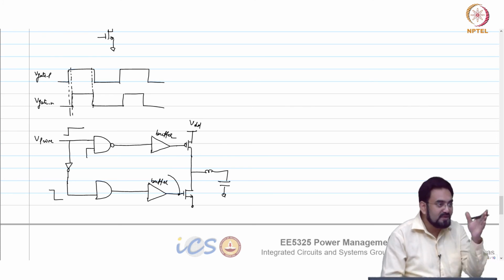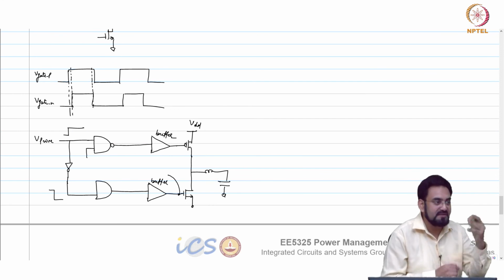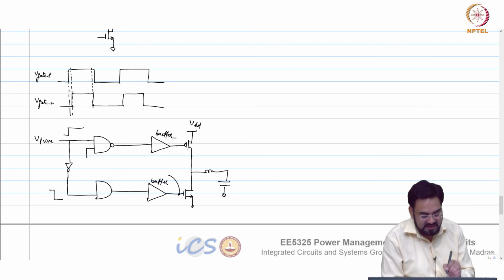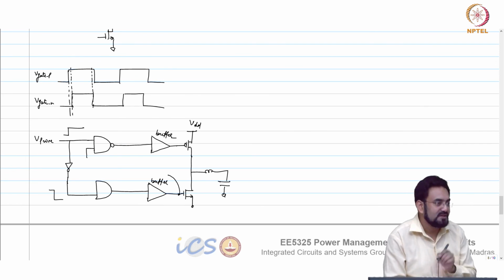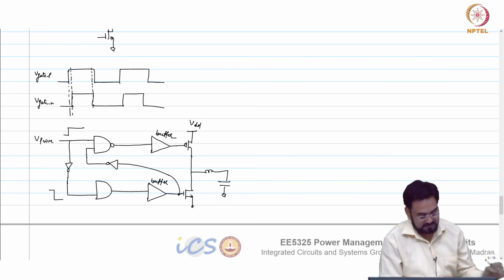So if you are looking at, let's say, your threshold inverter tripping at VDD by 2, then half a nanosecond delay is added by this gate itself, the gate rise and fall time. So that's why you have to make sure that you take the feedback from the gate at the end, from the end point. And this is going 0 and we want this input to go high, so you connect an inverter here.